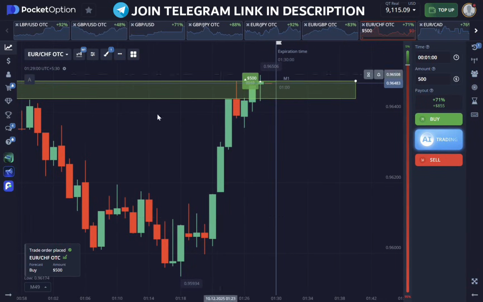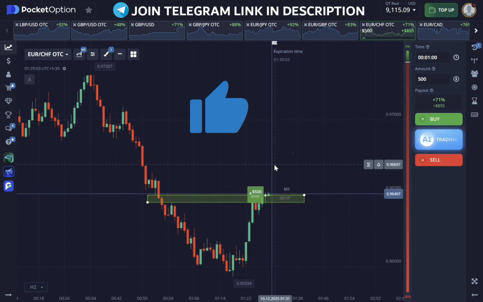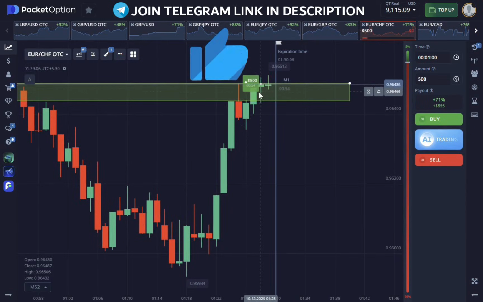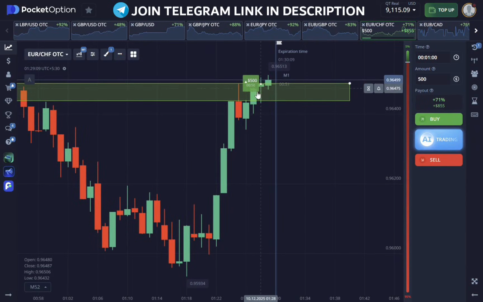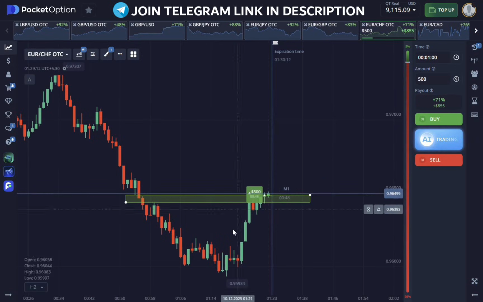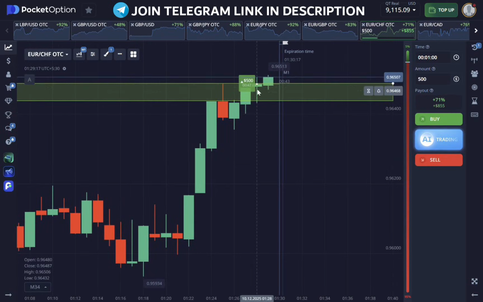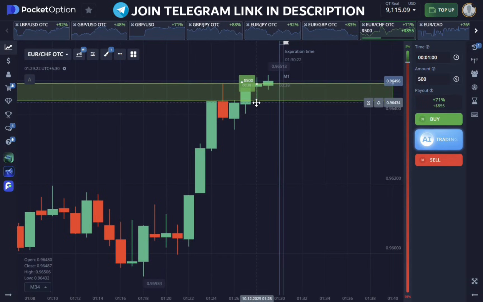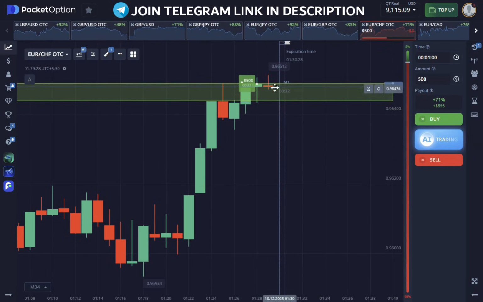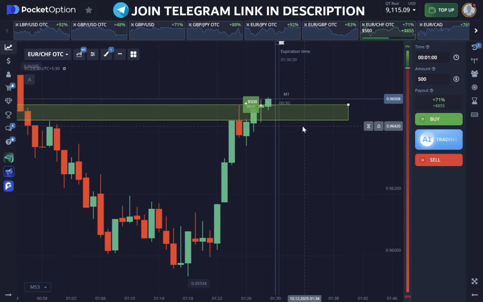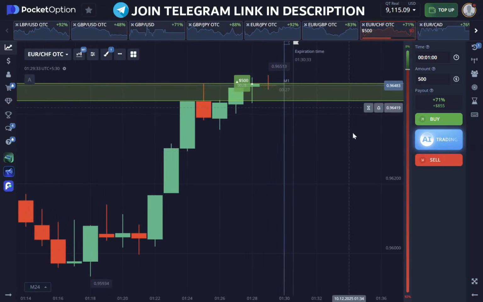Okay guys, so I think it's right to take a trade for the upward direction here because the market has formed a green candle here. So it's a bit like the market wants to go in the upward direction, right? Because the volume in the market is more on the green side. Here, it should have turned red. The market did come down a bit, but suddenly it shot up and formed a green candle. That means the market wants to go in the upward direction. That's why we've taken one upward trade here. So guys, let's wait. It could be a green candle, so let's wait guys.